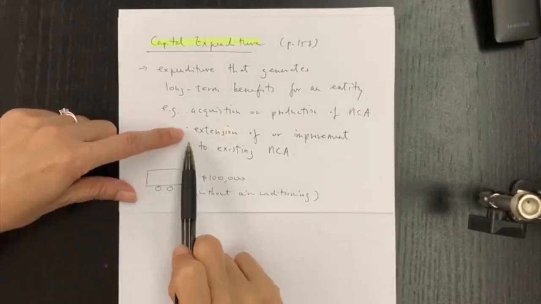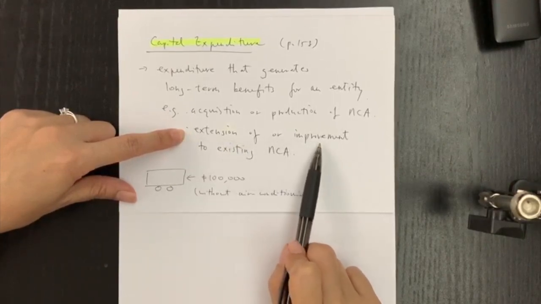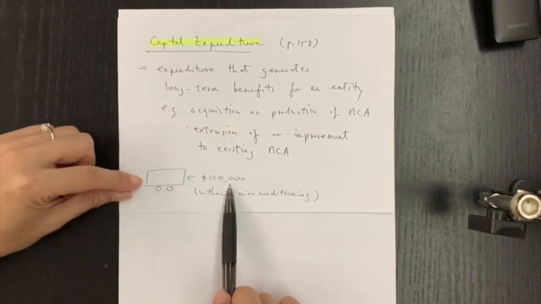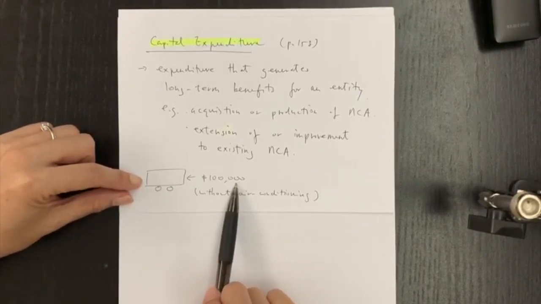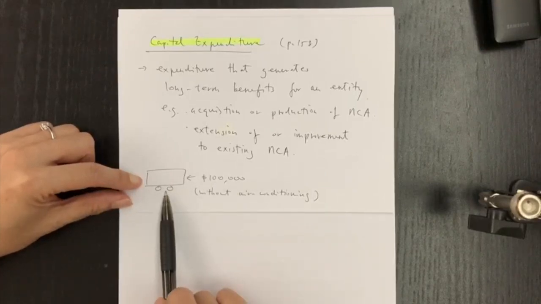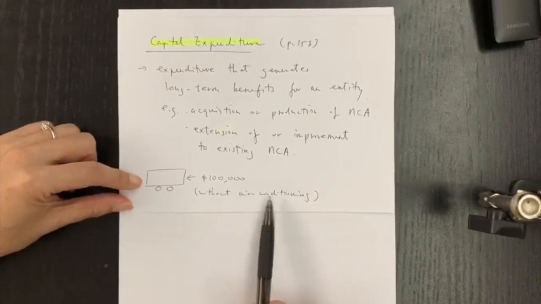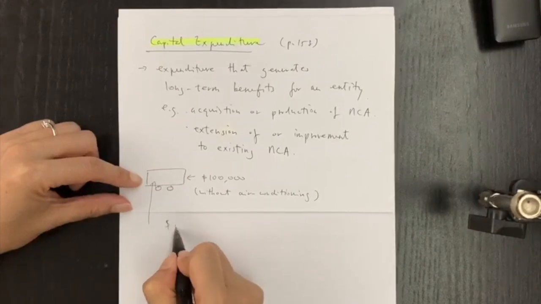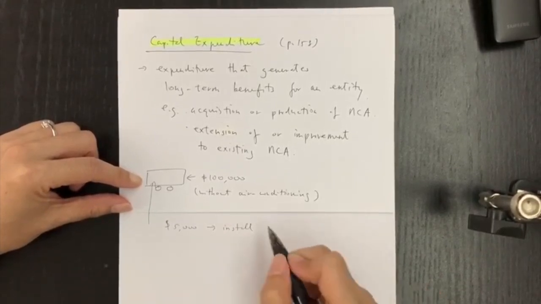Then we have another point for capital expenditure, which is about extension or improvement to existing non-current assets. For example, if we spend 100,000 to buy a motor vehicle, this 100,000 must be non-current assets. So this would be the cost of the motor vehicle. However, this motor vehicle we bought is without any air conditioning, and this is not comfortable. And then later on, if we spend another, let's say, 5,000 to install air conditioning,